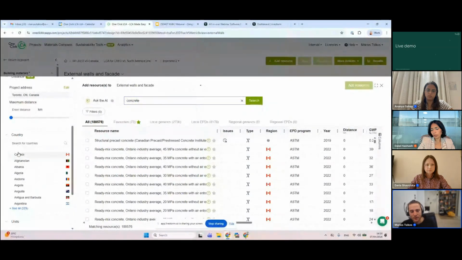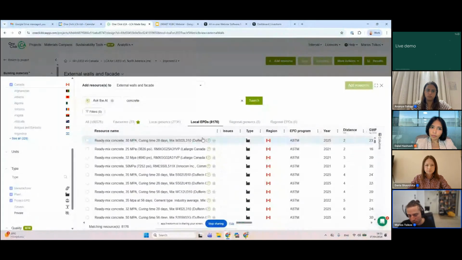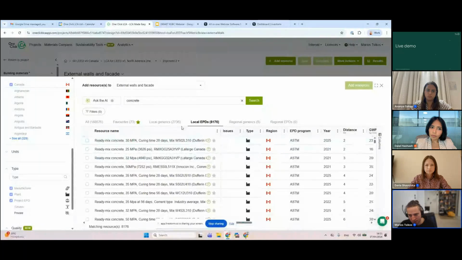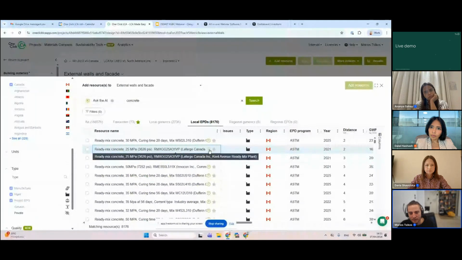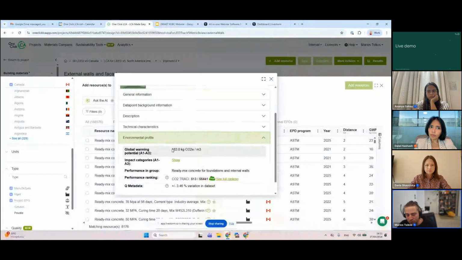We'll apply a filter for the country as well. There are some other filters as well, like whether we want to find some generic materials or manufacturer-specific EPDs or anything like that. Local generics, local EPDs. We can see there's an abundance of concrete EPDs in Canada. We can check the environmental profile like that. So this has 163 kilos of CO2 equivalent per cubic meter. We can see the full ranking,